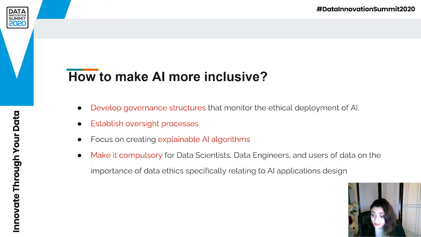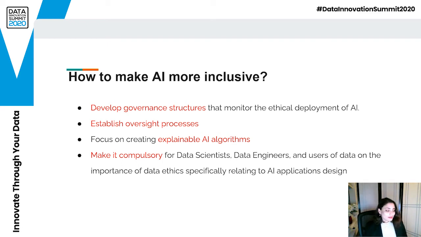not just designing these AI applications, but who would potentially be using them, based on the data that these machine learning algorithms are being trained on. Number three, that leads into number three: focus on creating explainable AI algorithms. By creating an explainable AI algorithm, we not only enhance the transparency aspect of artificial intelligence or machine learning, of course, I'm using those terms interchangeably, but it also creates this sort of trust in algorithms and the decisions that these algorithms will eventually end up making for you,